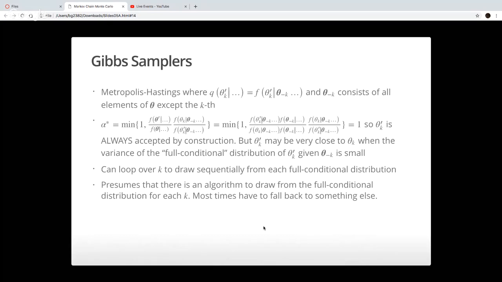And so you can get a valid algorithm Markov process by just looping over K, which is the number of parameters that you have, each time drawing from the full conditional distribution that's implied by the target distribution that you want to draw from, and then just go round and around like that. Now that presumes that you, one, recognize what all of the full conditional distributions are, like what their names are, and you have an algorithm to draw from each of those full conditional